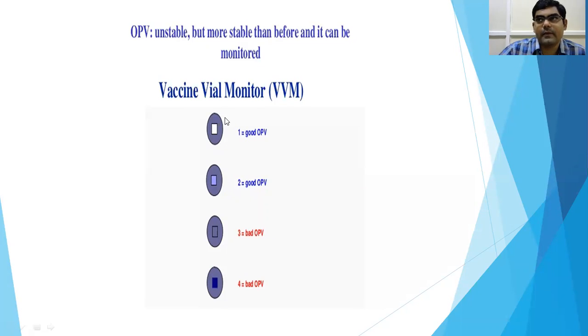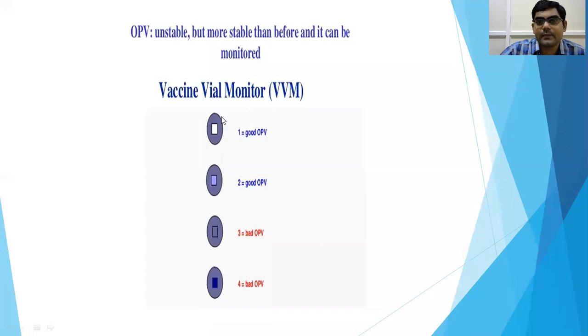This will help us. So whenever we give any vaccine in PHC or in our college, we used to check the VVM, vaccine vial monitor, for the color. The inner square will be white and the circle will be blue in color. So if some mild change is there, it is also okay, good. If no distinction is made, or the inner square becomes more prominent than the circular color, then it is bad.